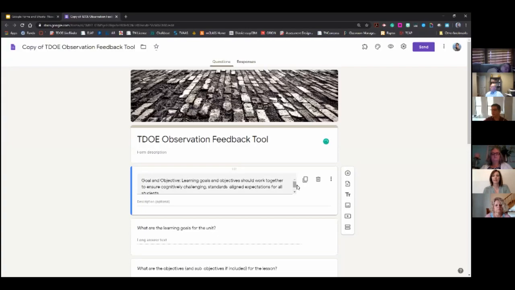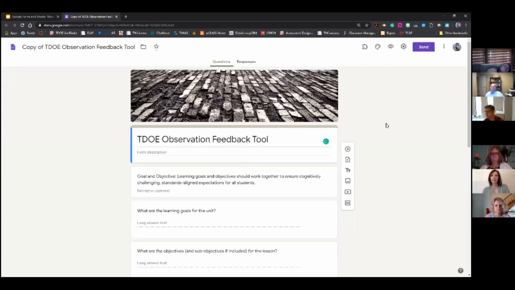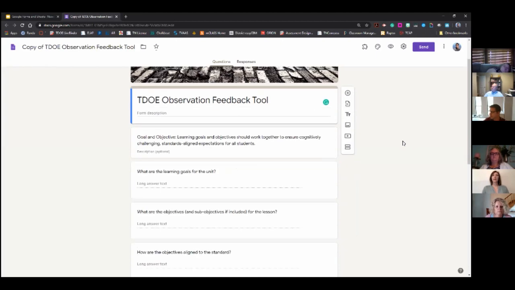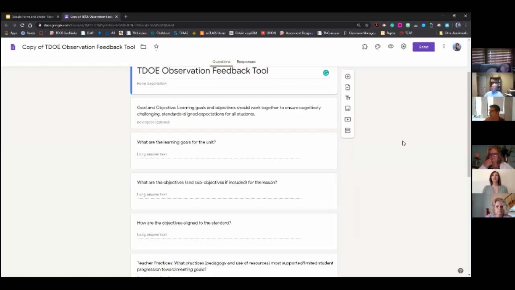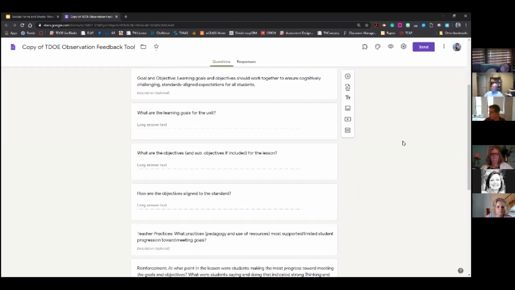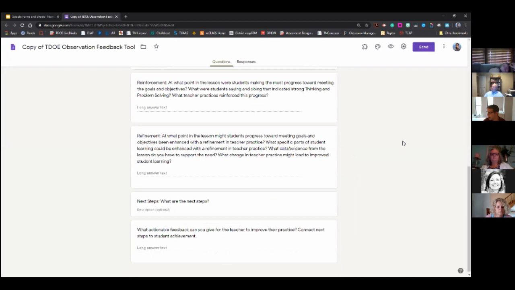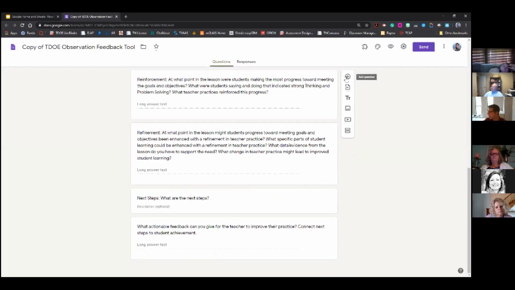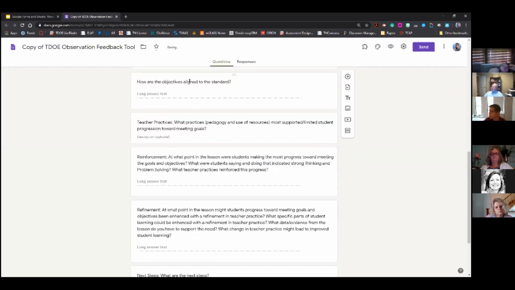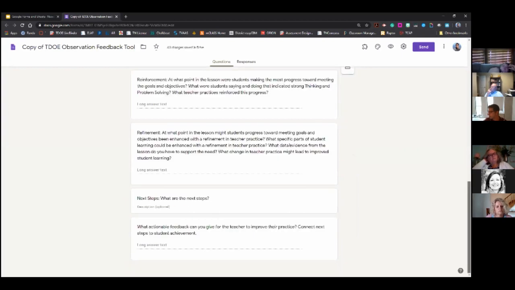All right, so what I did was there's that TOE observation feedback tool that's been given that we can communicate. I created that in a Google Form. I have the different goals and objectives, and the different things that I can go through. I can go back and reflect on this as we go forward. I have all those different questions, but I would add a question at the end: what teacher am I observing? So let's say,